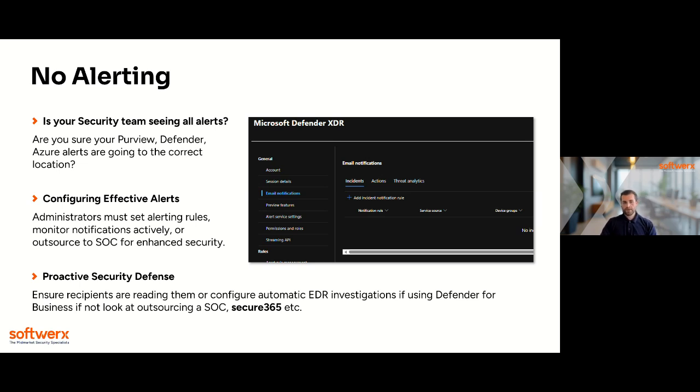More specifically, in Defender for business customers, look at leveraging EDR and automatic investigations. If it's still too overwhelming, you've got so many alerts going off, you don't know what to do, instead of just blocking it out and ignoring it, consider outsourcing a SOC to monitor your